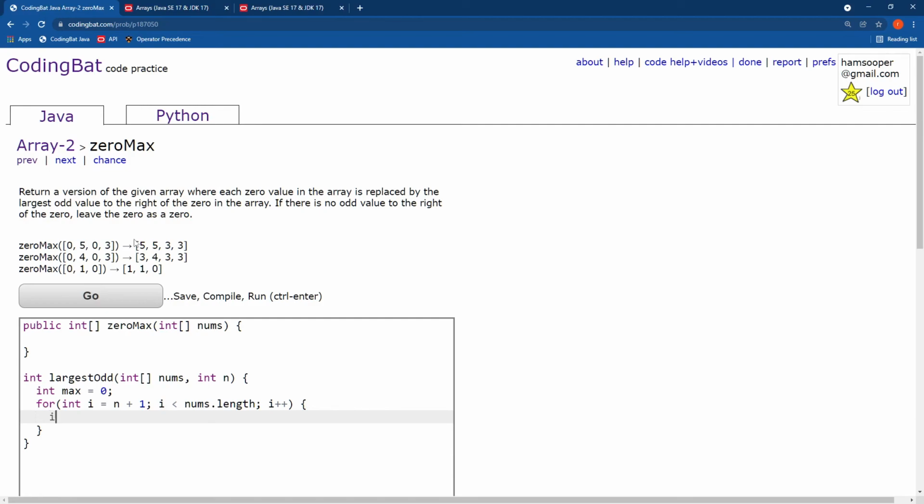So basically, if this number is odd, nums i remainder 2 does not equal 0, then max is going to equal the maximum of its current value and nums i. And at the end, if I don't find any odds, I want to return 0 because I want to leave that 0 as a 0. So I'm okay with this, and I'm just going to return max, even though max might be 0. And all I need to do is say for each number in my array,